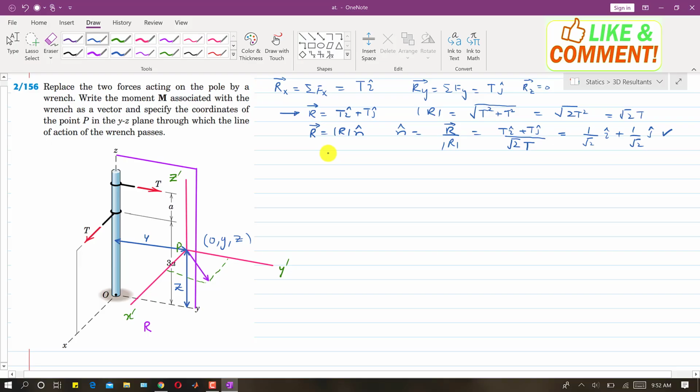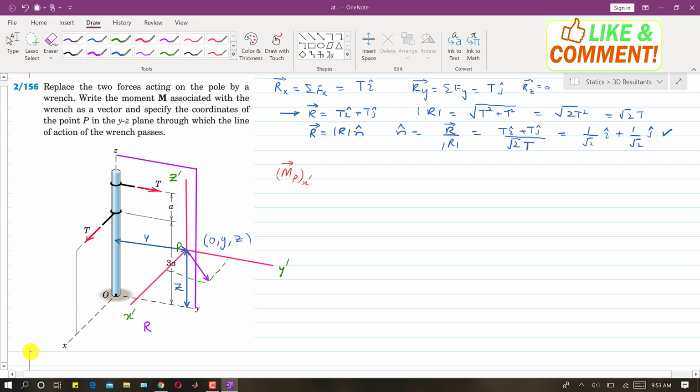Now if we find the moment of these two forces at this point P, that will give us the total moment at that point P. So to find the total moment, we will find the moments due to these two forces at that point P. So if we want to find the moment at point P along the x dash axis, let me write in some other color, right? So if we want to find the moment at point P along x dash,